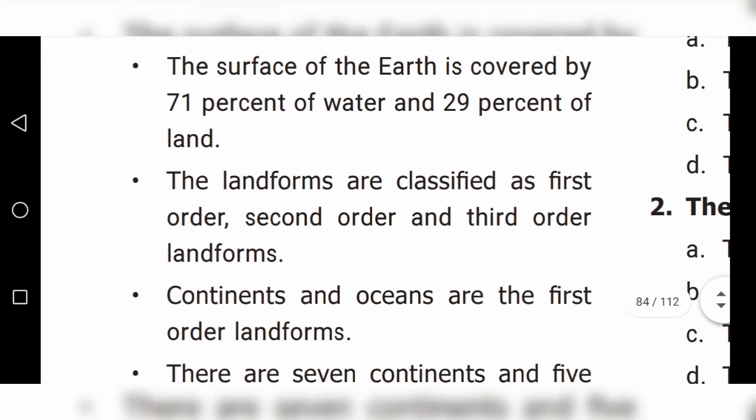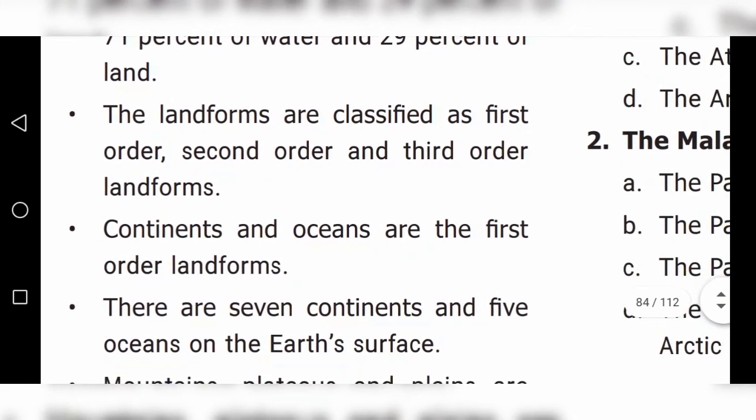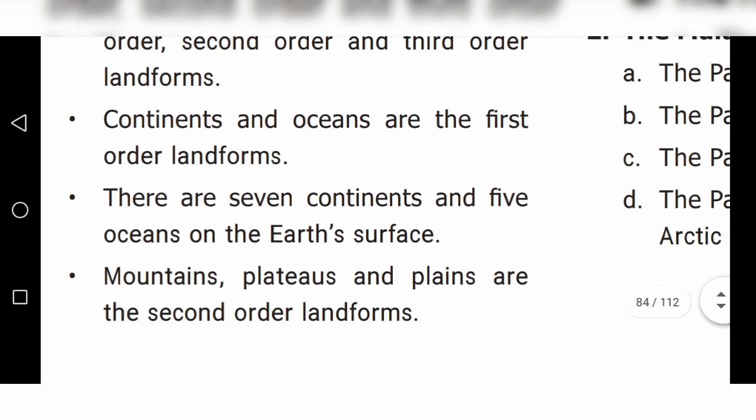Next one, the landforms are classified as first order, second order and third order landforms. Next one, the continents and oceans are the first order landforms. There are 7 continents and 5 oceans on the earth surface.